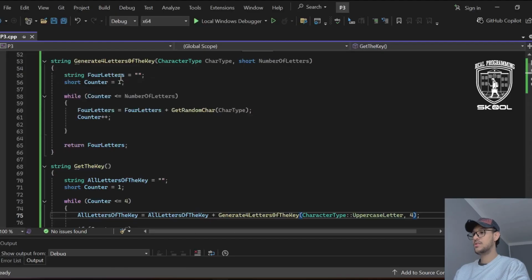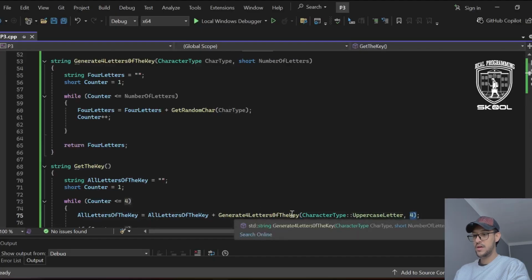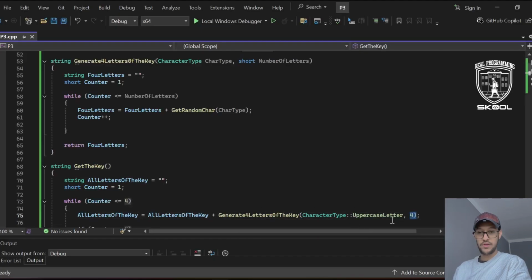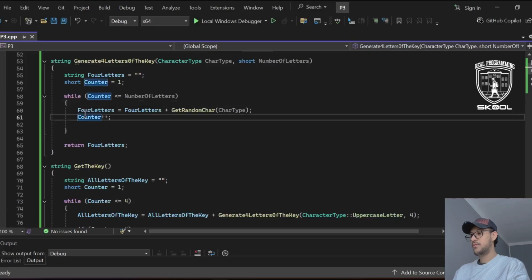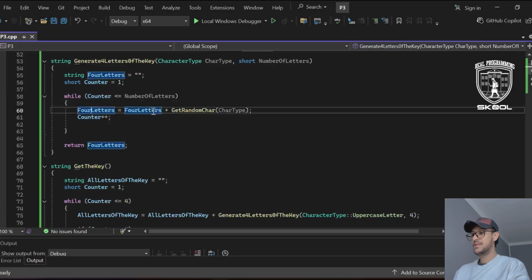It has string for letters equal double quotation, and while counter, which is 1 now, less than or equal number of letters, the letters value comes from here. Because we use here the function generate 4 letters of the key, it has 2 parameters. We should fill its 2 parameters. We give to the first parameter character type uppercase, and number of the letters we give it number 4 because we want 4 characters each slot in the key. So yes, 1 less than or equal 4 number of letters, 4 letters variable, we use it equal 4 letters plus get